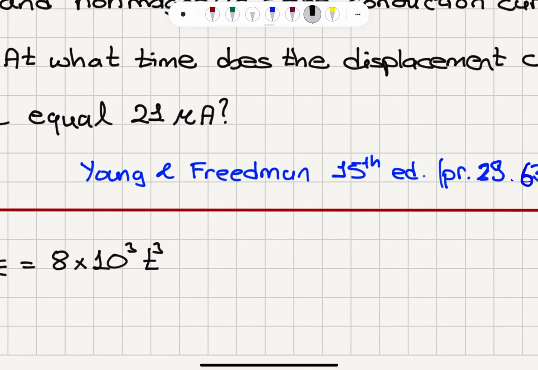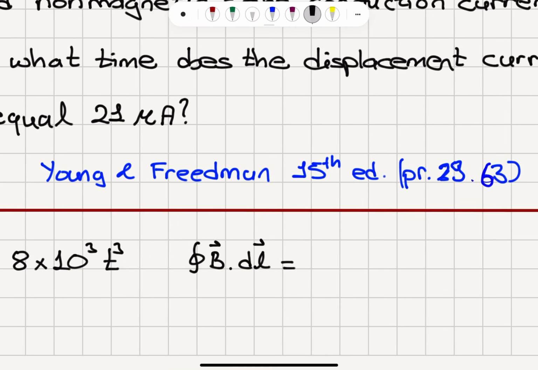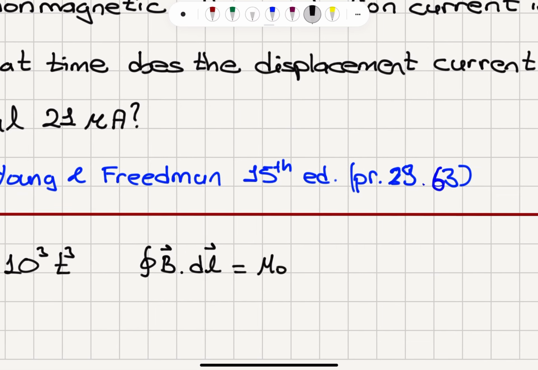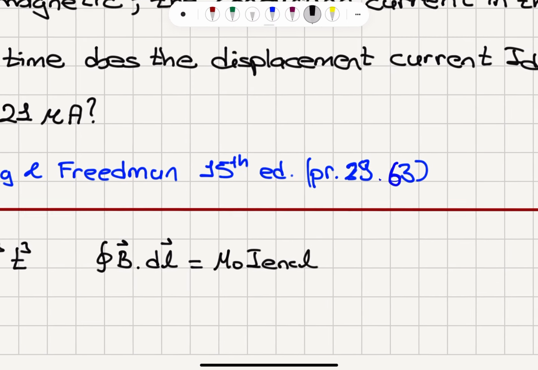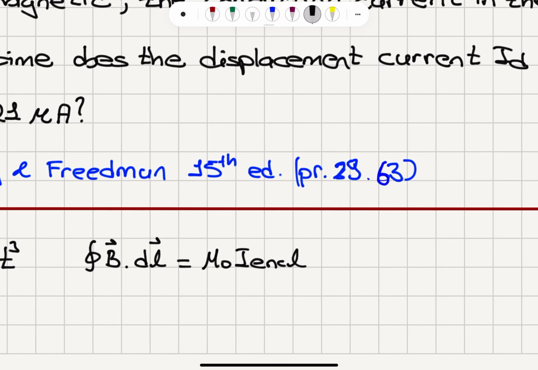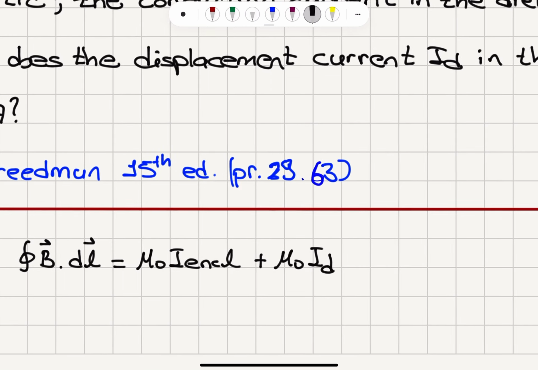Now we have the closed path integral B dot dl equals μ0 times current enclosed, that's Ampere's law. Now Maxwell added another term to this, which is plus μ0 times the displacement current, I_d, and